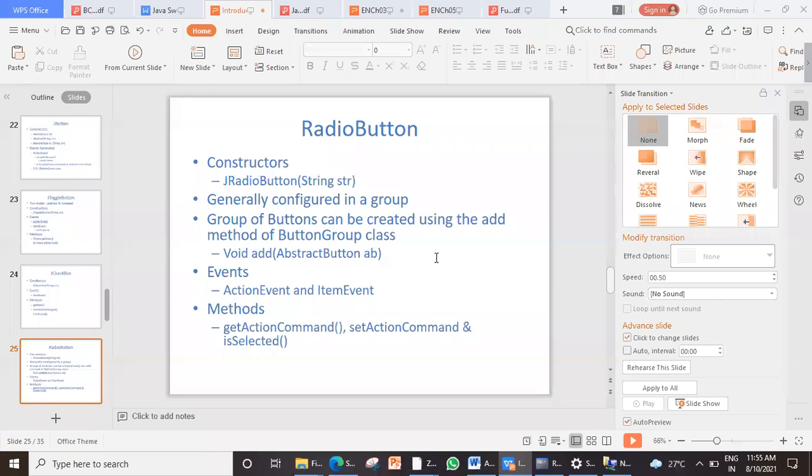JRadio button. It is a little different from this. It is used for your gender or caste, when only one value has to be allowed to be selected by the user. The user should not be able to select both. I'll give you an example. If somebody has to talk here and you people have to listen, you can listen to only one person at a time. If two people start talking, chaos, you can't concentrate.